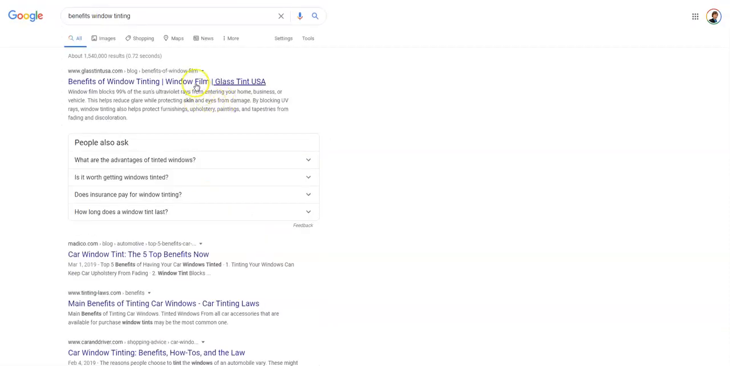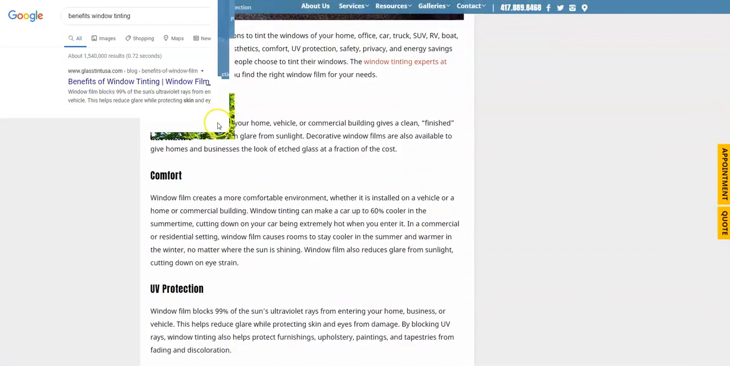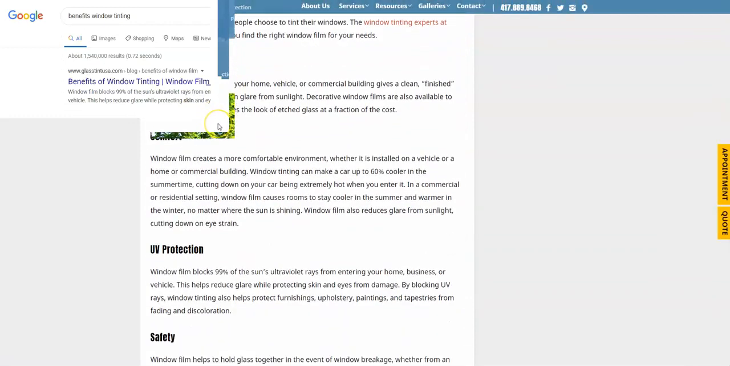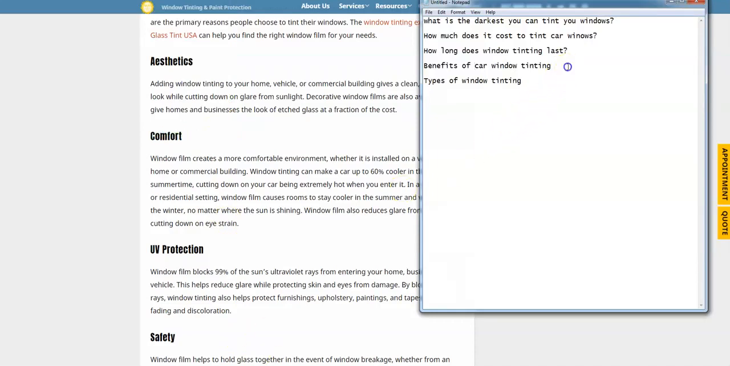Okay, so you can see some of these sites here that are ranking really well for this stuff, they're going to be killing it. Obviously, you want to make it original, right? So on my benefits, I'm going to have aesthetics. So you can make your ride look cool, right? Comfort,